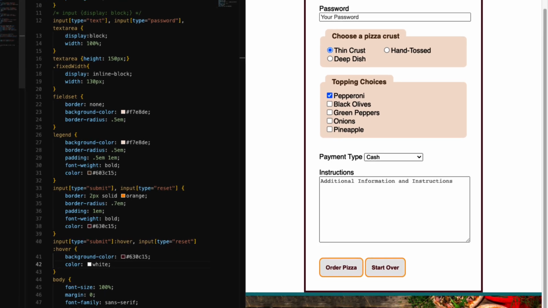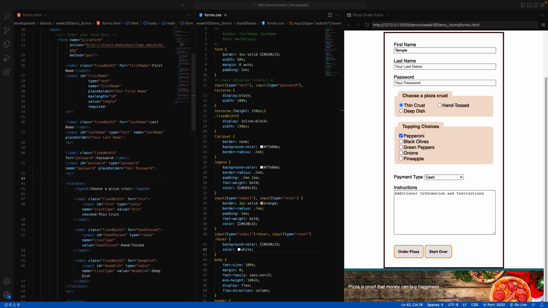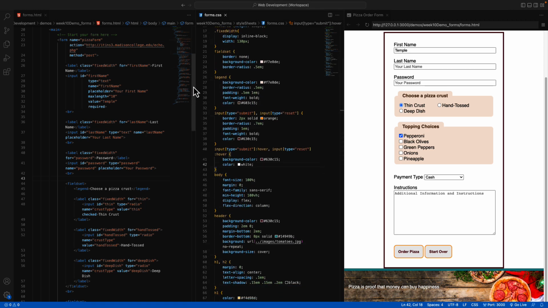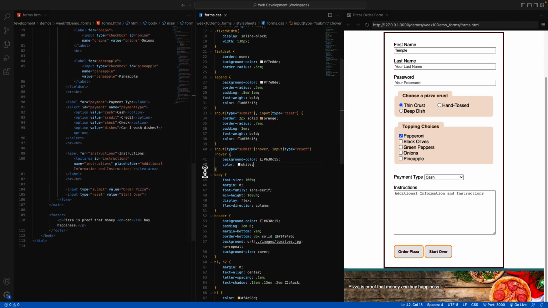But when it comes to centering buttons, this can be a little bit tricky. Let me scroll my code up. And I'm going to go into my HTML and show you the buttons on our form. When it comes to the inputs, those are an inline element. Now, usually when we want to center something that's an inline element, we're centering the text, so we use the